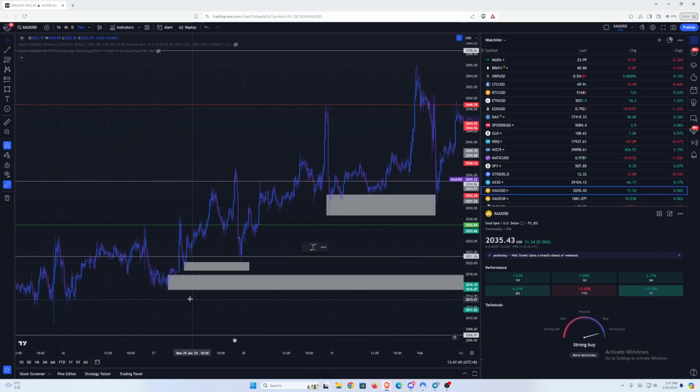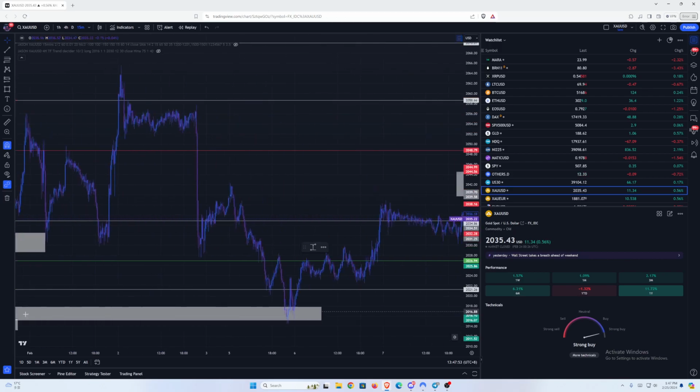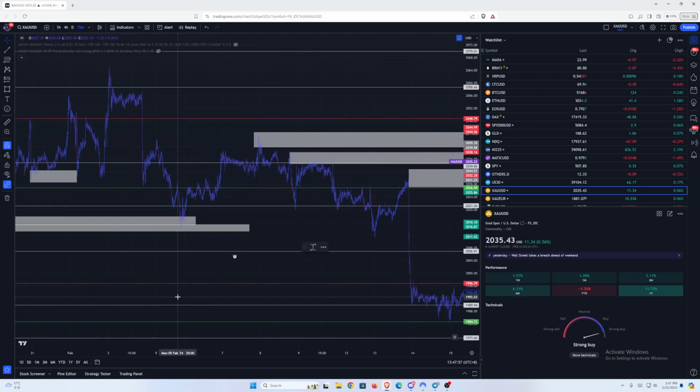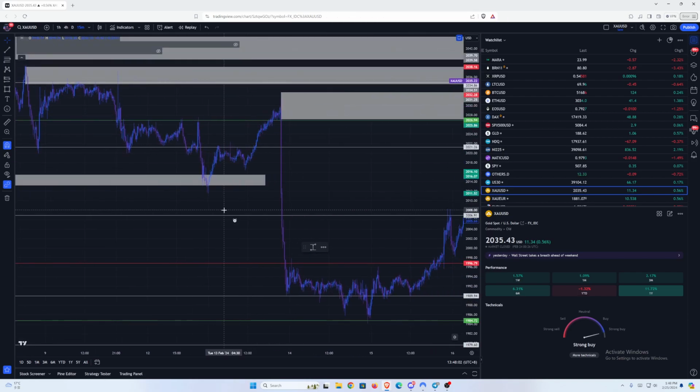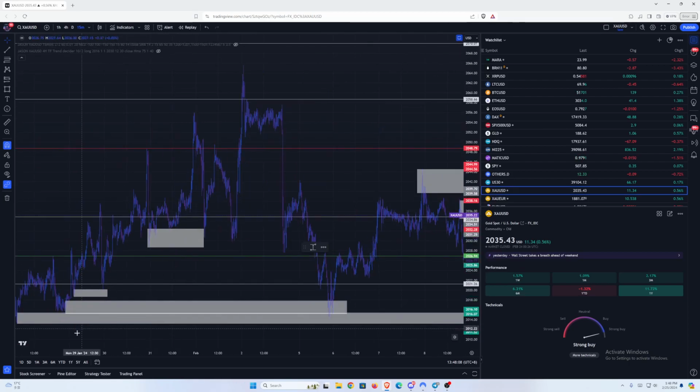But now what we're looking at is more like supply and demand zone trading. But I don't want you to be doing supply and demand zone trading because that's too much of beginner's level. I want you to be doing more of professional trading, smart money concept trading. So, for example, in these situations,